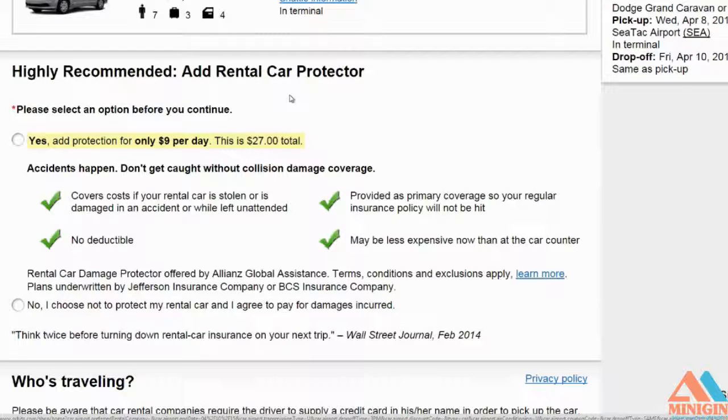So if we are paying for renting this car, they highly recommend. Remember, we talked about recommending. If a reviewer recommends a hotel room, then they say, yes, this is good. Well, if here they are highly recommending getting this car protector, they're saying, we really think you should do this. This is a very good idea. We recommend it. So this car insurance means that if anything happens to you when you're driving,